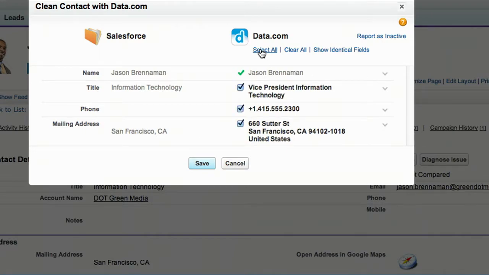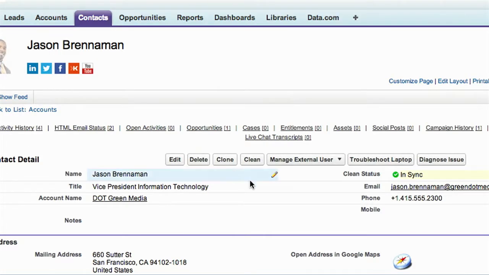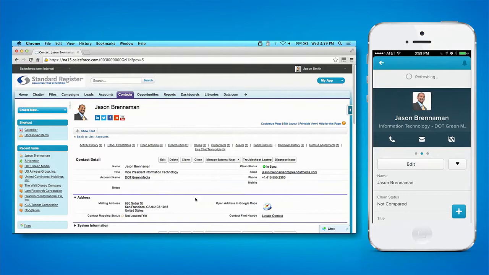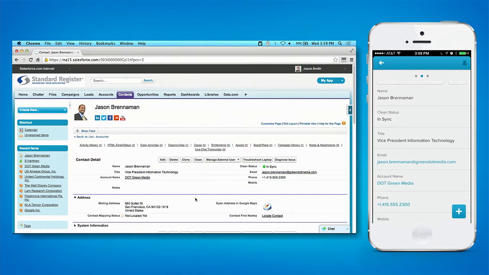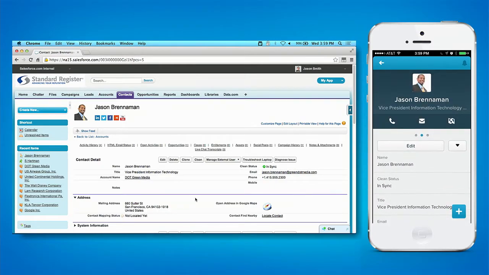Better knowing a customer first starts with actually being able to get a hold of them. So I'm going to select all this information and hit save. It's pulling all of that, with no typing for me. It automatically updates and populates all this information in Salesforce. And when I go to Salesforce One, my entire team, whenever and wherever they are, on the road on their mobile phones, can see that exact same updated information. I can see the title change, I can see the address change, I have all that information right at my fingertips. That's fantastic.